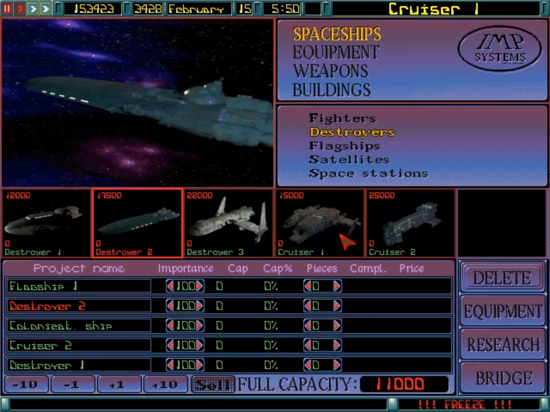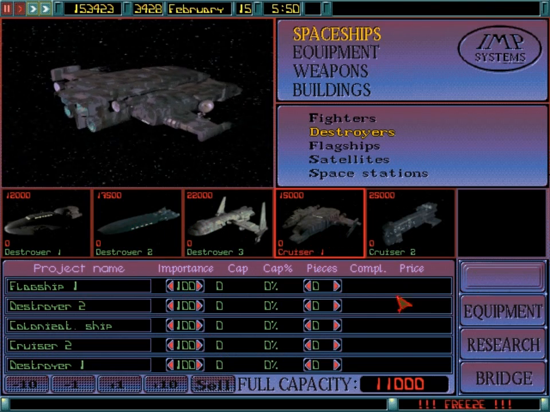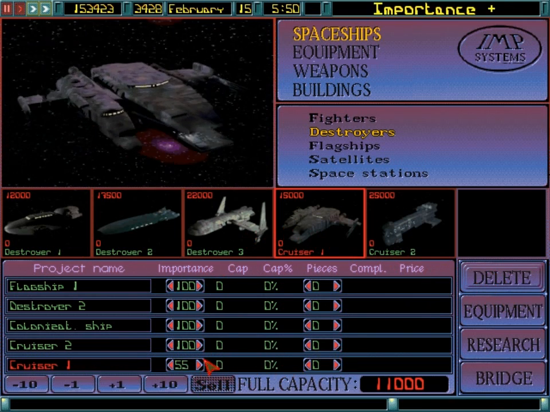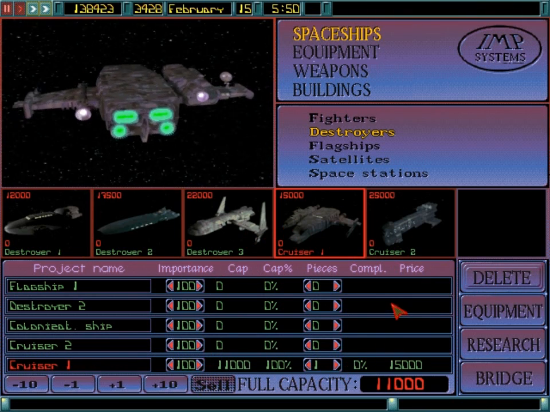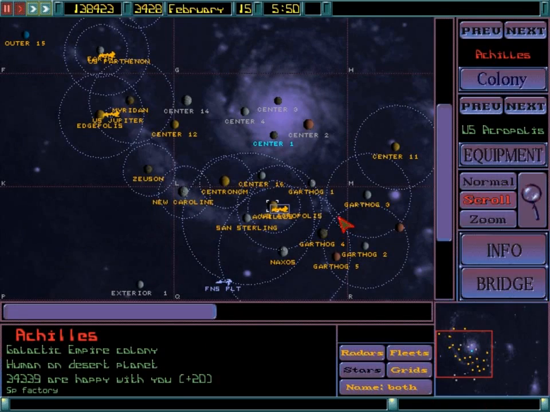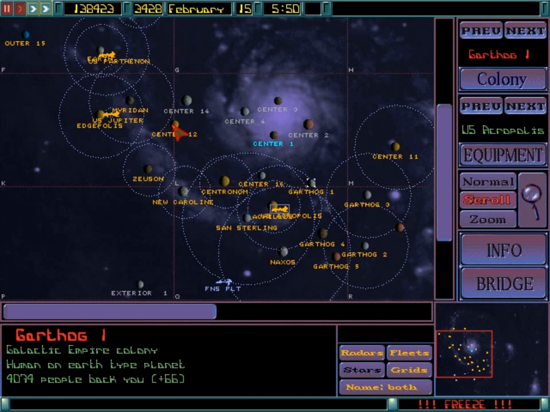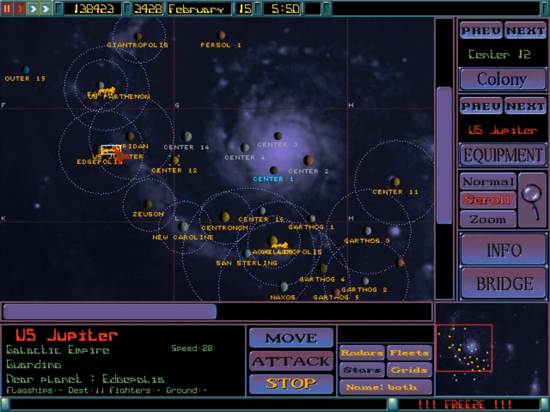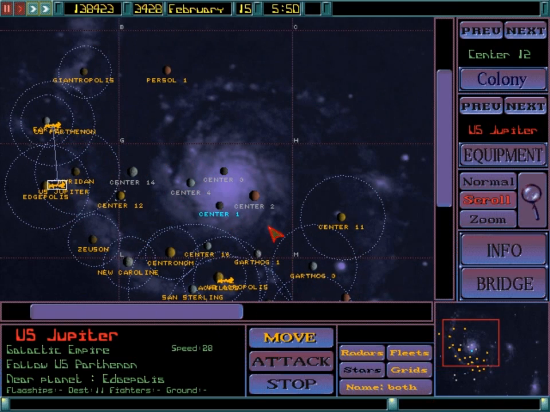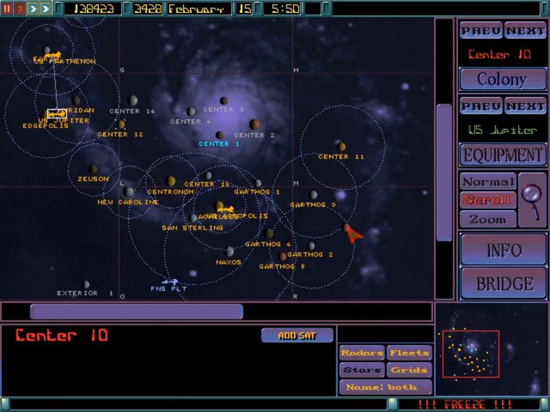So let's go with, I don't know, a Cruiser 1. And we're going to delete this one from the list anyway. Let's produce 1 Cruiser 1, which will then be added with a field array. And secondly, I want to make sure that I have, yes, this fleet is good. Let's get these guys over here to this fleet, to the Parthen. And after that...